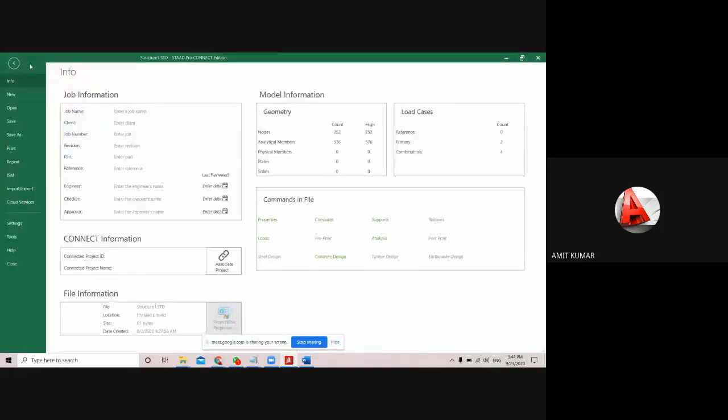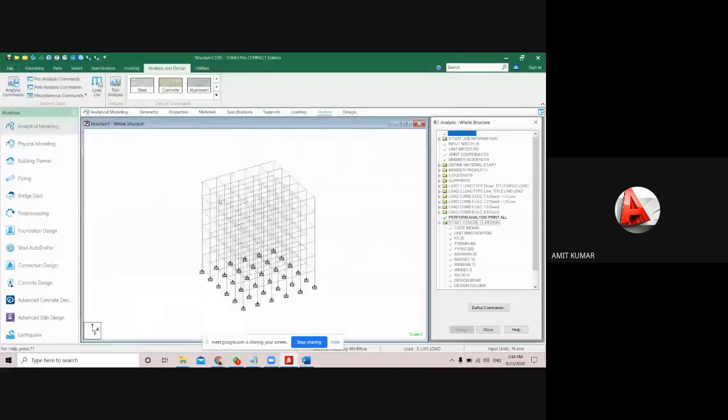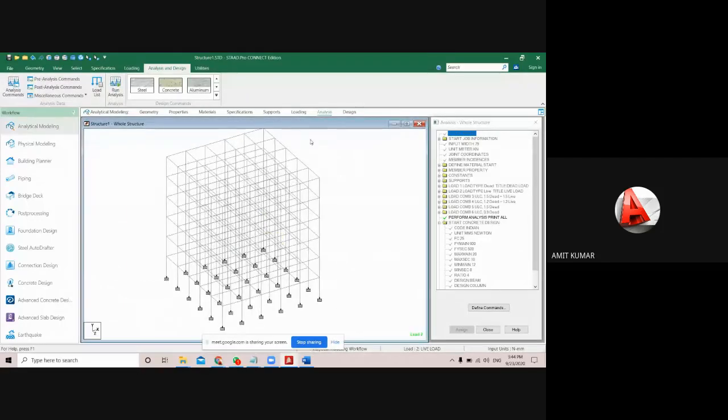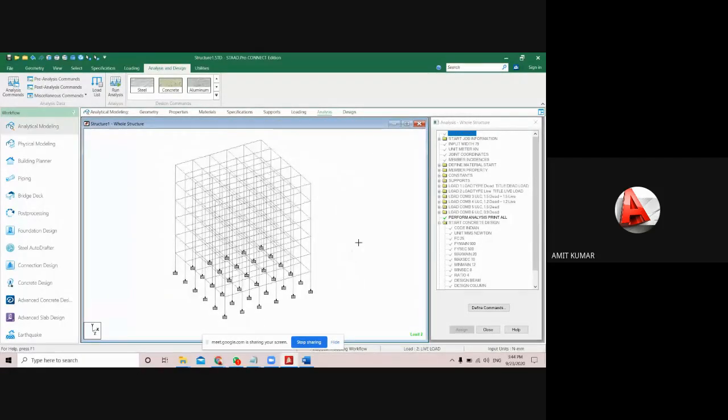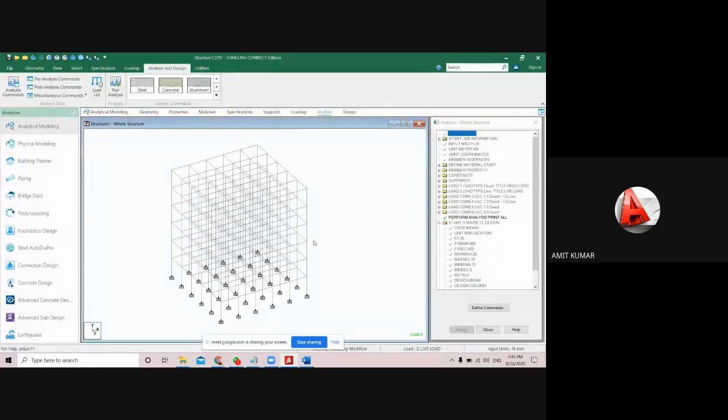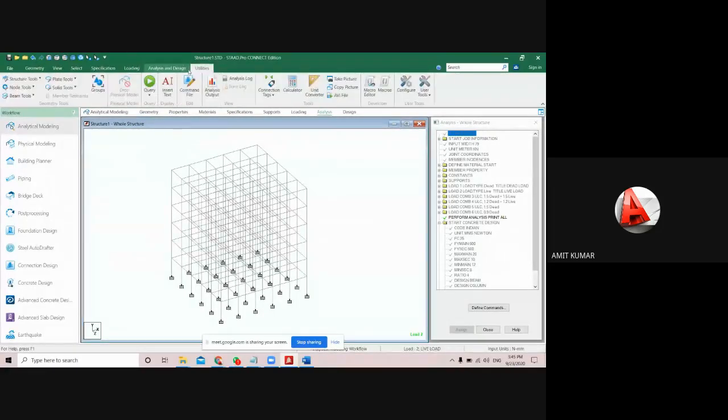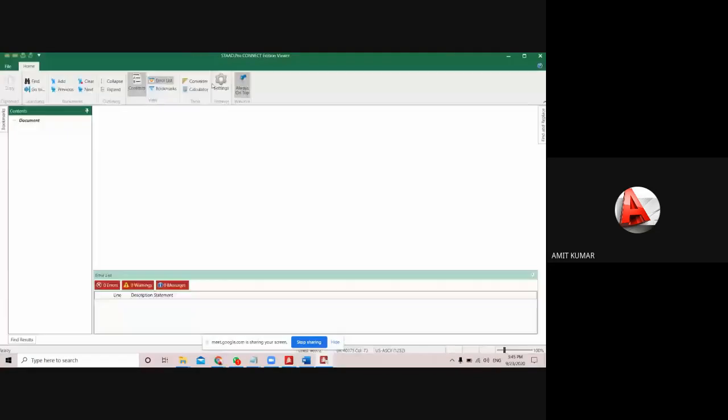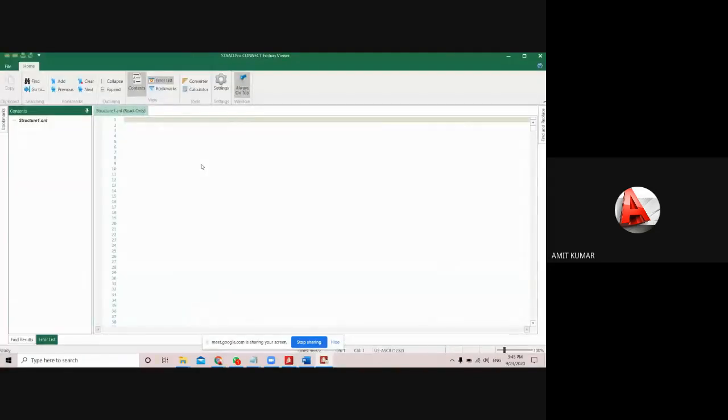Yeah, one more thing, here it is. I'm just missing one point. Just see it here. Come to the analysis output result again. If you close it, just click on the utilities. Under the utilities, you have the option analysis output. Just click on it and the output file will be open again.